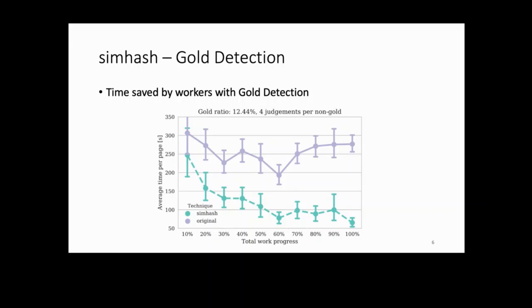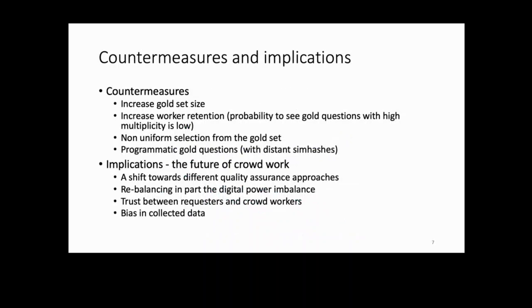So this is a very interesting approach, right? It makes workers, in a way, attack probably the most popular quality control mechanism that we know today in crowdsourcing. And while there are some countermeasures to this attack that requesters and platforms can take, what is actually more interesting is not really starting a fight between workers and platforms, where the platform responds to the worker attack and workers then adjust to that. So rather than going in that direction, it's probably more interesting to think of different types